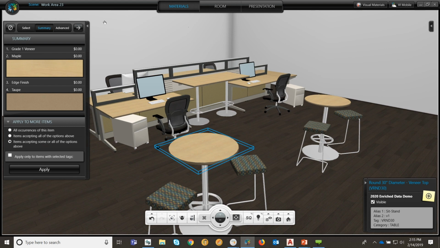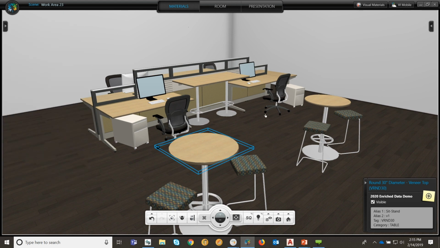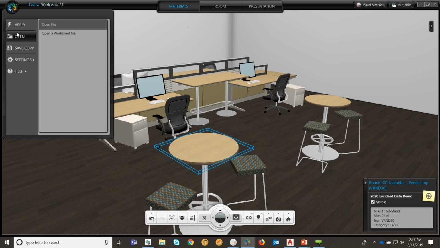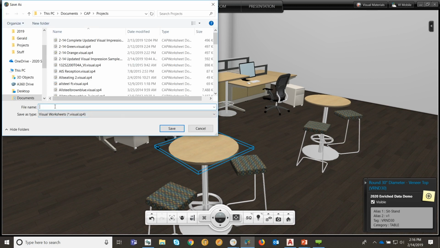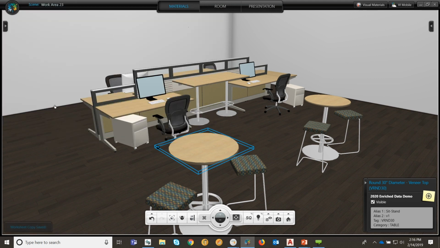So now what can I do at this point? I launched this out of Worksheet. If these are finishes that I know I'm going to want to use to present to the client, but they may not be their final choices, I can come over to Save Copy, and I can actually save a copy of this worksheet. So maybe this is green finishes I want to show. So now I've simply saved off a copy of the worksheet. I haven't modified my original worksheet